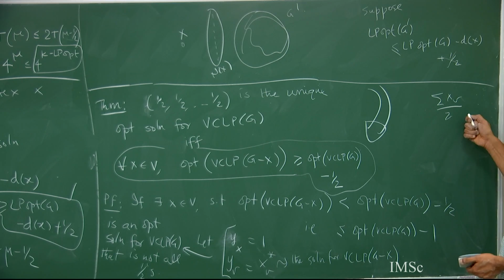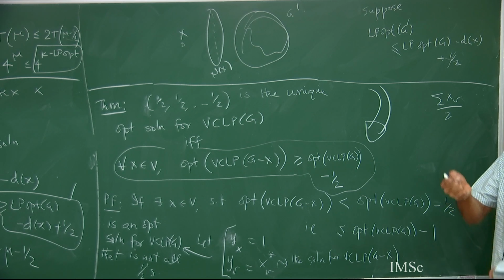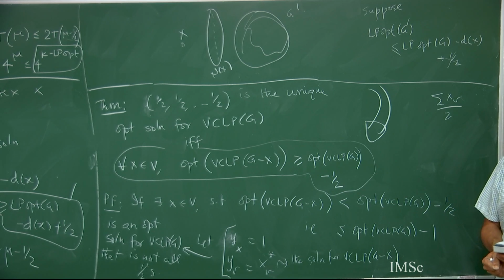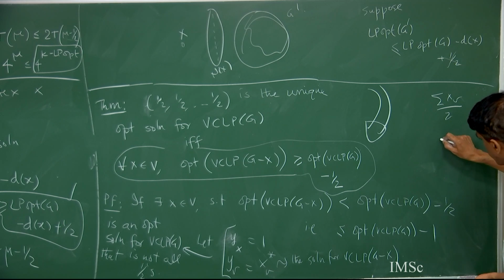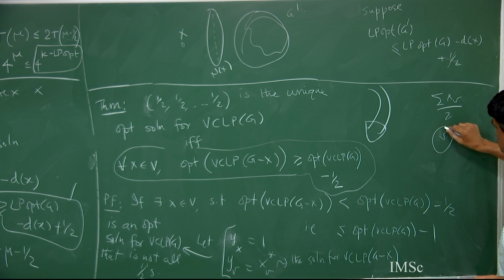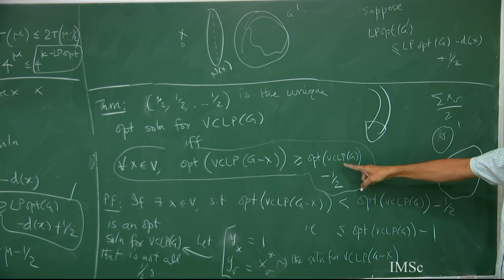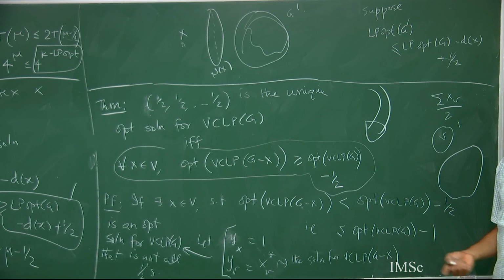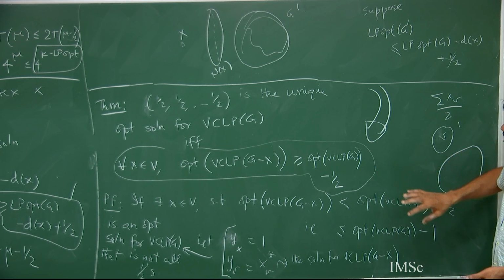So if it is not the unique optimum solution, some other optimum solution will have some value less than half, some value greater than half. But because of this Nemhauser-Trotter theorem, the greater than half guy must be 1, right. Now take that vertex V which gets 1, look at the remaining graph and argue that for that this condition will be violated, right. I want to show that